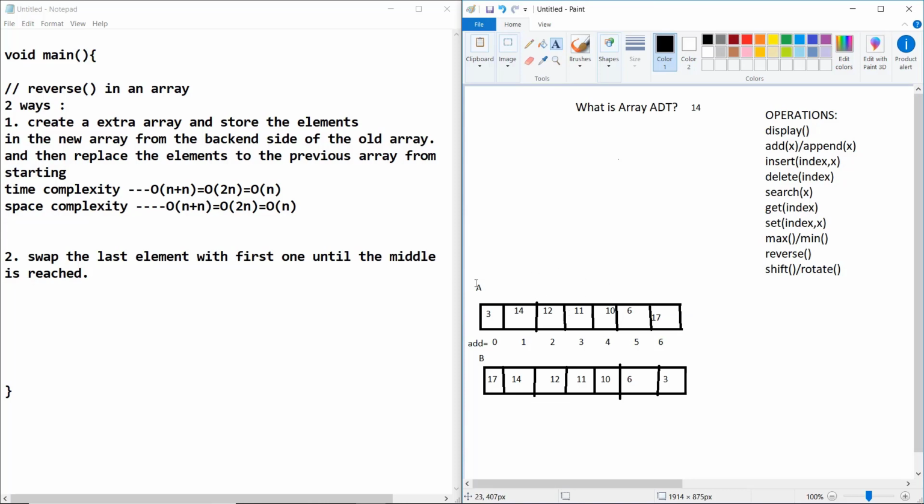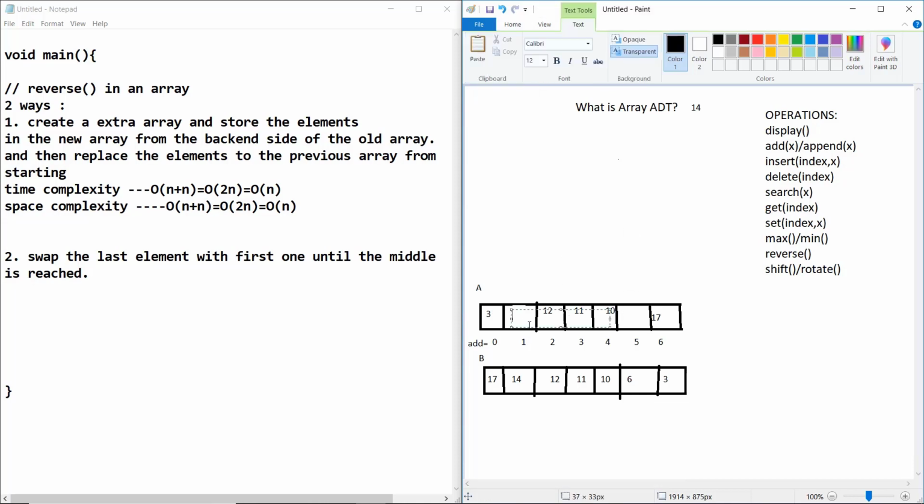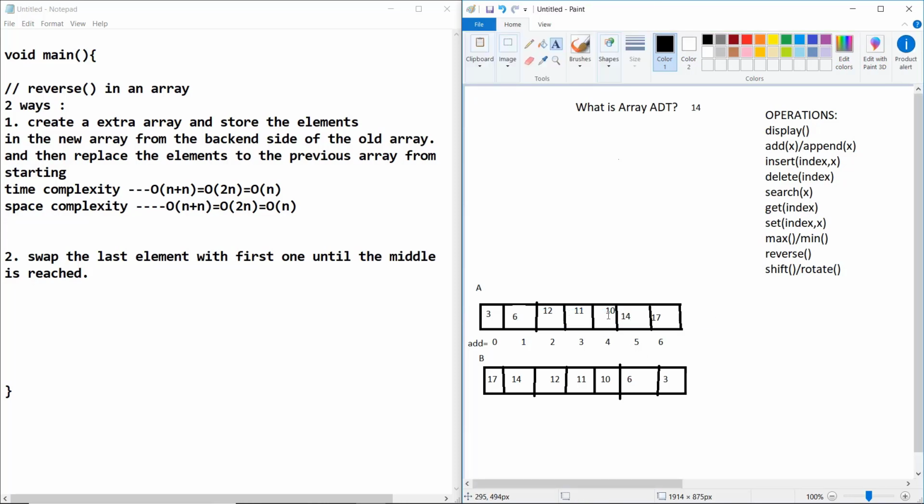Then we replace again. So here is your 6 and here is your 14. Now again we replace, the pointer is decremented, the pointer is incremented.